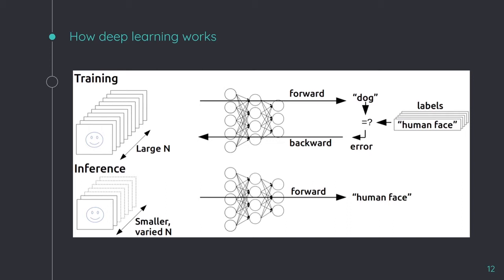And then we forward it into the neural network, and the neural network will give some output. This is called forward propagation. And after we have the result of the forward propagation, we can compare the output with the ground truth label